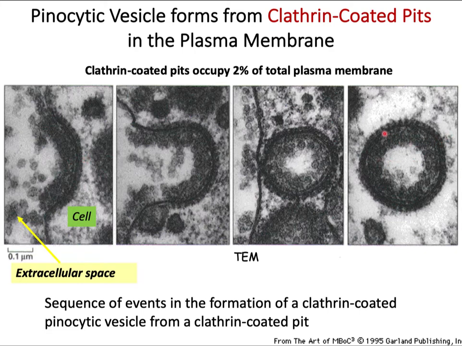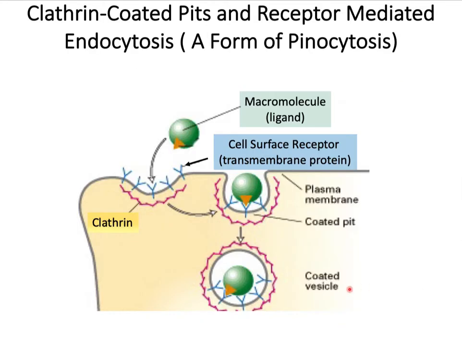So as I mentioned, this is a non-specific event in all eukaryotic cells. It happens at many locations on the plasma membrane. In fact, it is thought that clathrin-coated pits occupy about 2% of the total plasma membrane at any given point, and this is happening continuously along the plasma membrane. So I also mentioned that sometimes a cell surface receptor can be taken up by these clathrin-coated pits. When that happens, the process is called